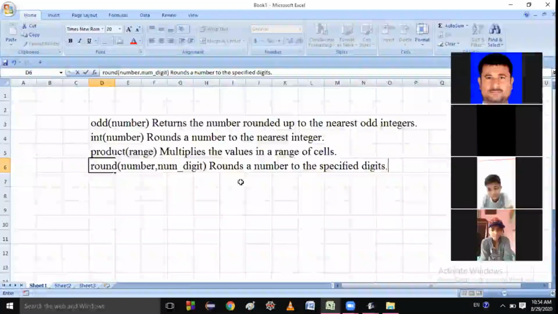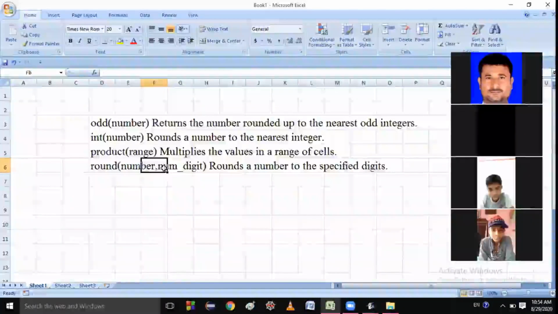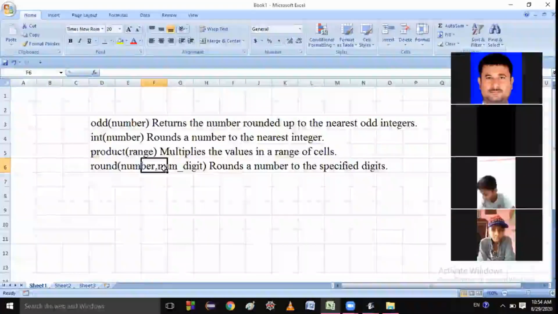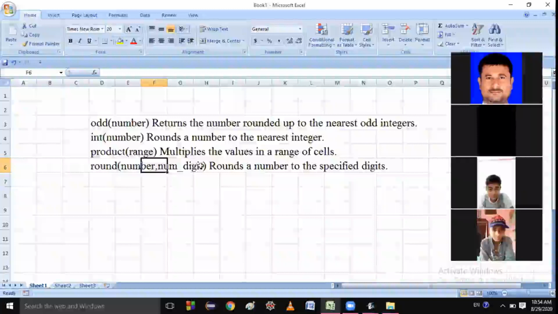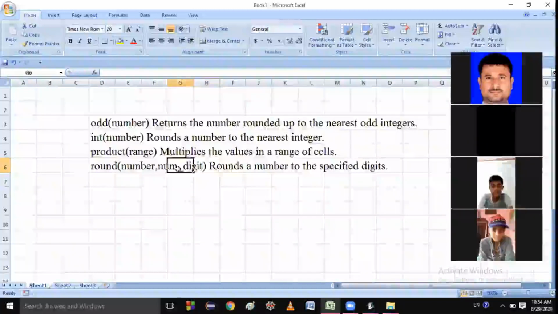What does it mean? Suppose, students, we have written a number, 52.456789, and I have asked you to round the number to 2 digits.